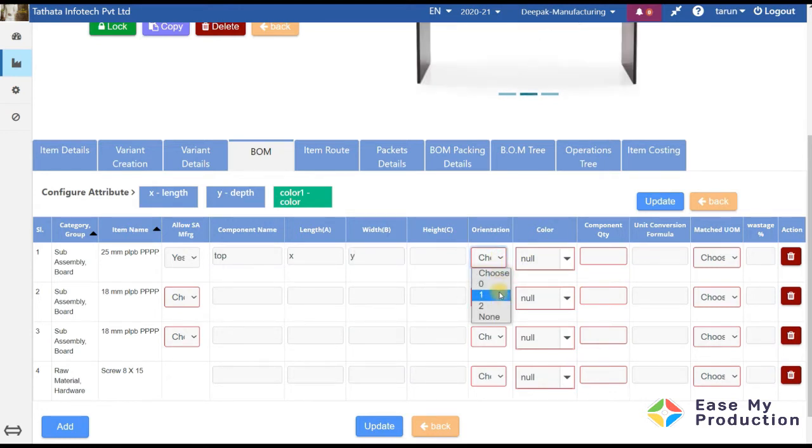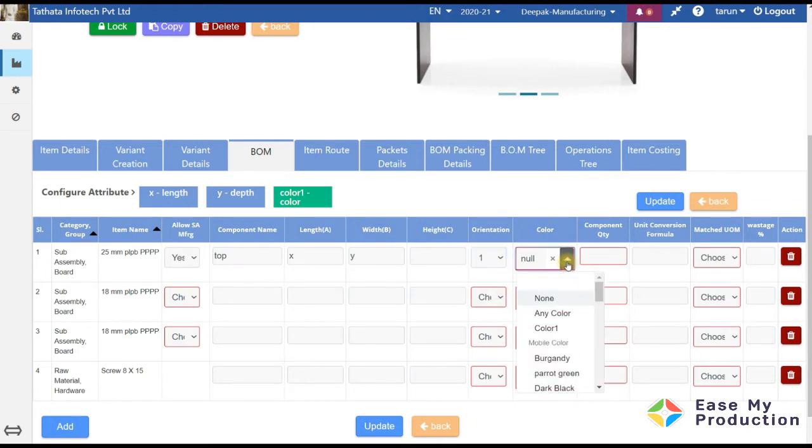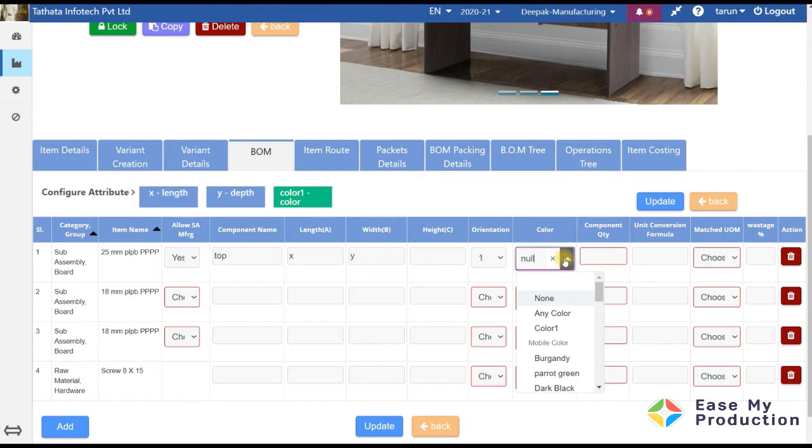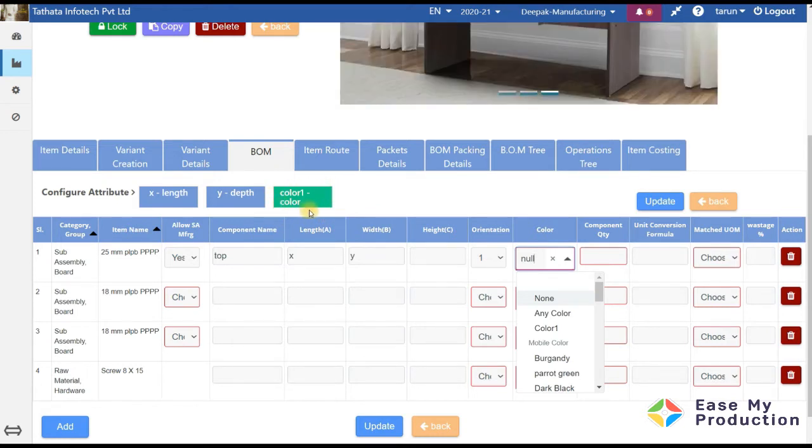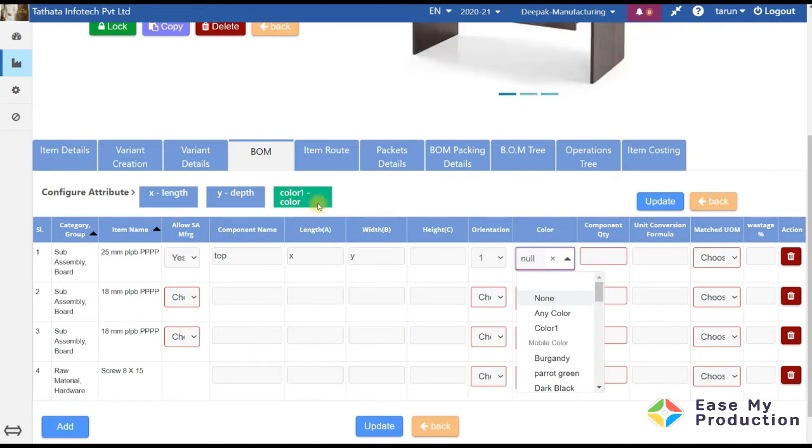I want to use horizontal grain, so I specify 1, and color. Now here you can see, if you don't need any color, you can choose none. Any color, color 1. Color 1 is this one, the attribute which we have chosen in the product configuration.